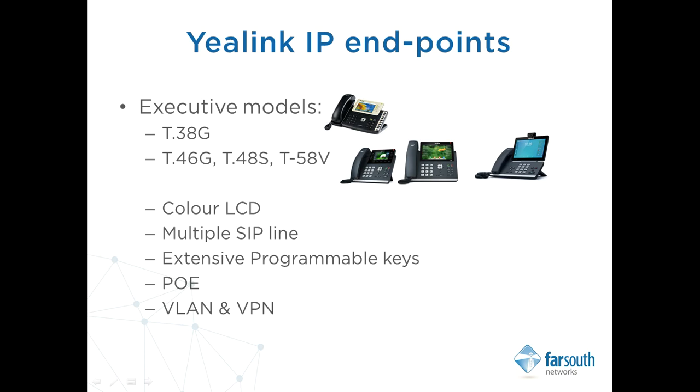Recommended executive range Yealink IP phones include T38G, T46G, T48S, and T58V. These Yealink models offer color, graphic LCD screen, multiple SIP lines which may be provisioned to multiple